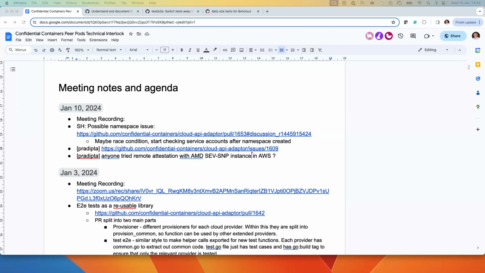Yeah, I think that's good, because I was also looking at something which is very simple to start with rather than the full stack. So what you just suggested, I'll spin up an AWS SEV-SNP instance, and then set up the environment and run the E2E KBS test on the same instance, right? To see if things are working.